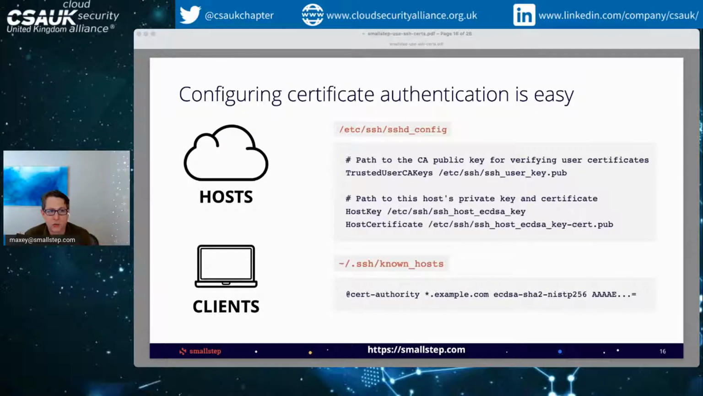On the host side, you modify your SSHD config. You tell it where the certificate authority is located, and you point at the certificate private key and public key. On the client side, also pretty straightforward, you update your known hosts file, tell it where the certificate authority is, and the OpenSSH client will pick that up and start using public key authentication. So it's a really pretty straightforward process. Although you do need a